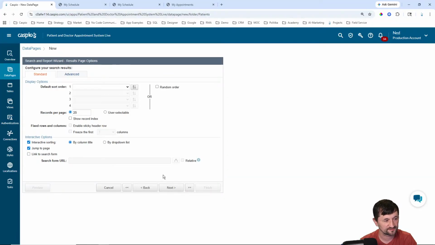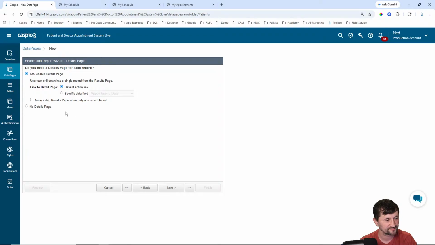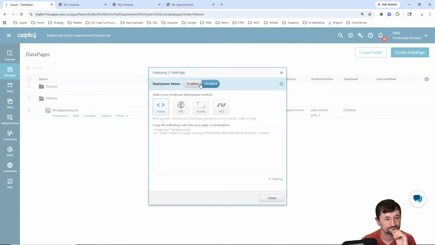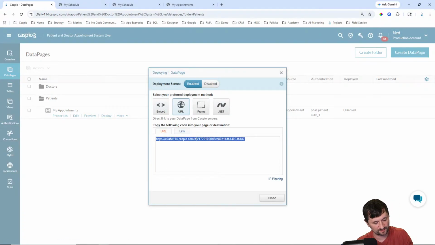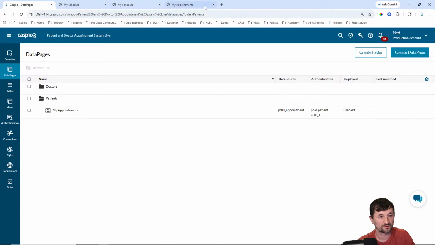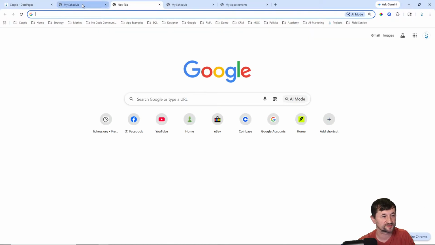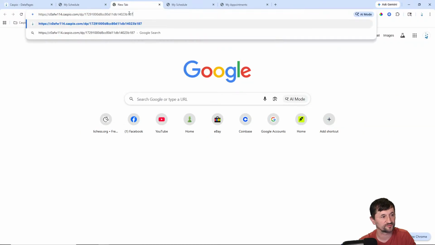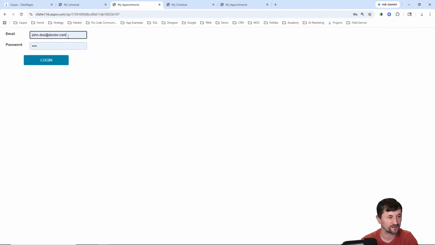Next. Next. And disable the details page and click finish. All right, so let's deploy this one. Copy the link, and I will put it right next to our doctor side. So we'll paste that here and log in as Susan Lee